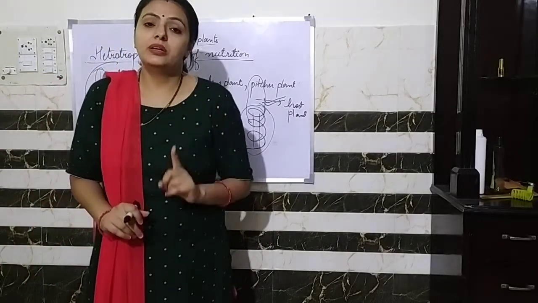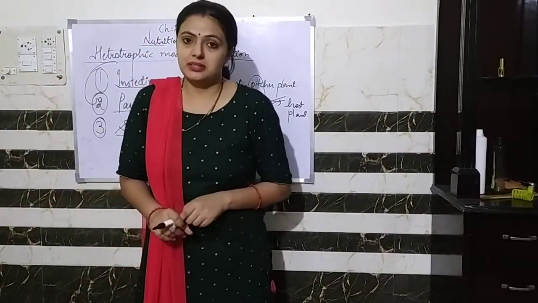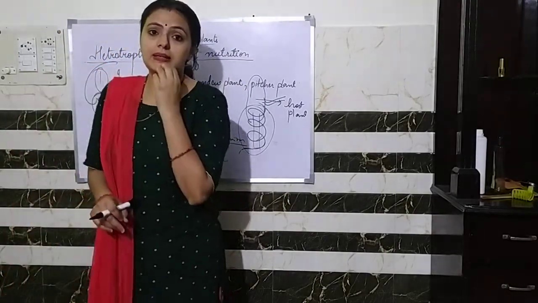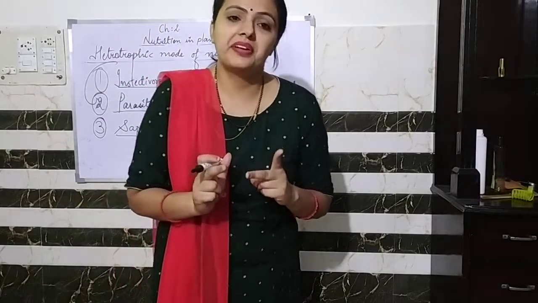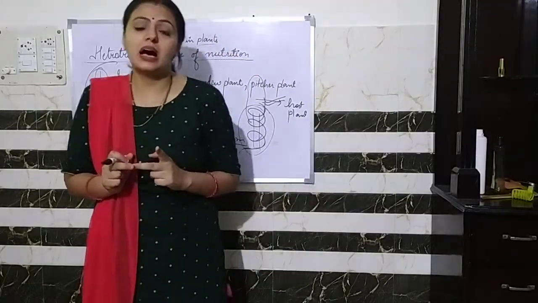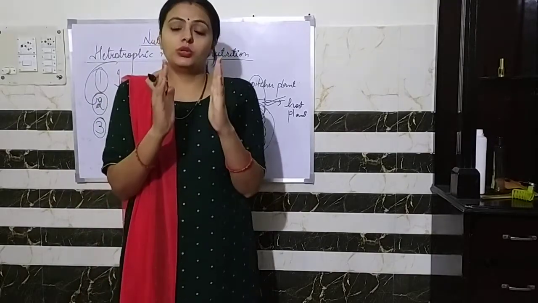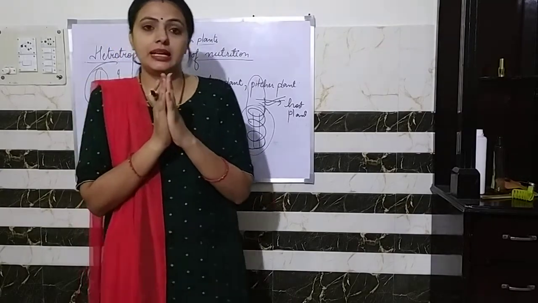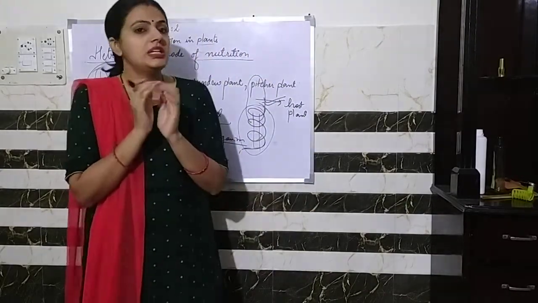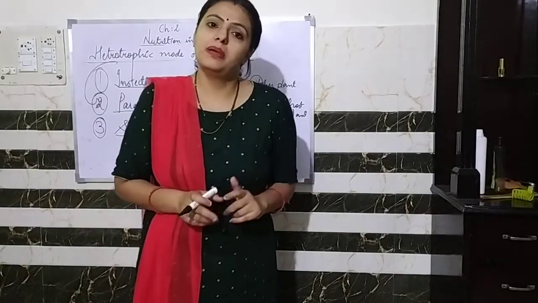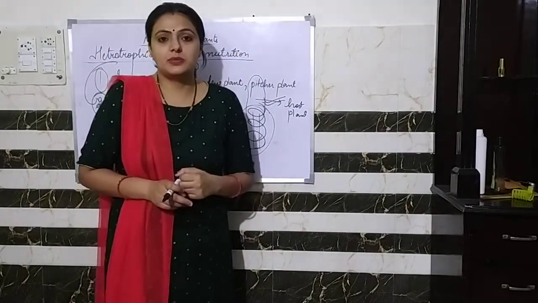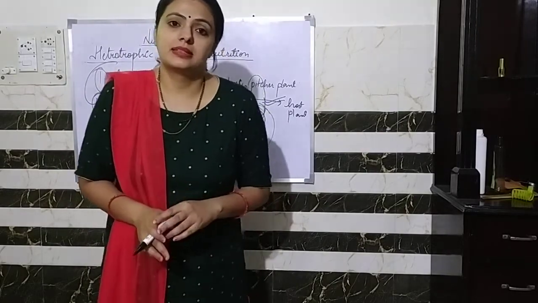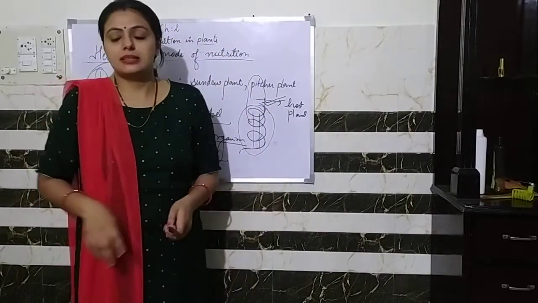Now one important one is left, that is symbiosis. What is symbiosis? Symbiosis is basically a relationship between two organisms in which both organisms are helpful to each other. Means both living organisms will live together, and both will be benefited by each other. Such a type of mode of nutrition is called symbiosis. So we will take symbiosis now.